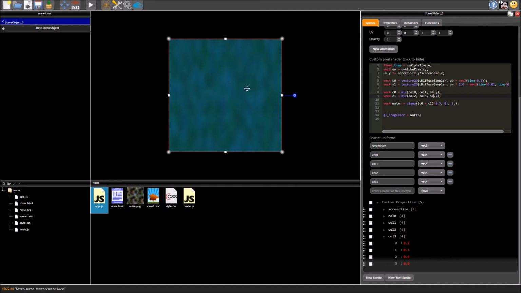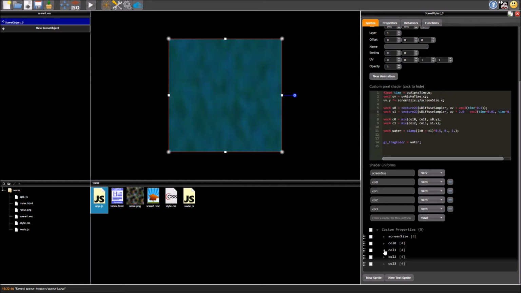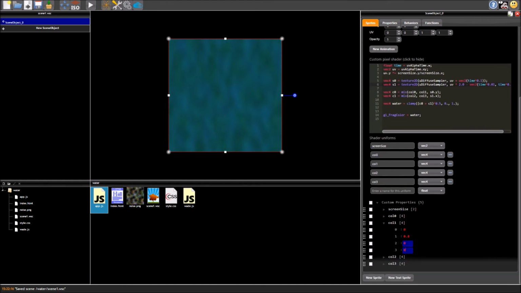Now, we have a much more complicated effect. It's hard to tell, so I'm going to try and slow the water down a bit, and we do that by lowering these values. And you don't have to copy the values I'm using, you can make up your own. So now, we've got the original sample, sample 0, which was moving up and towards the left, and we're mixing it with sample 1, which was moving down towards the bottom, so it makes the movement look a bit more random. I mean, even there, I quite like that. It's just a little bit dark, so I'm going to increase these colors a bit.